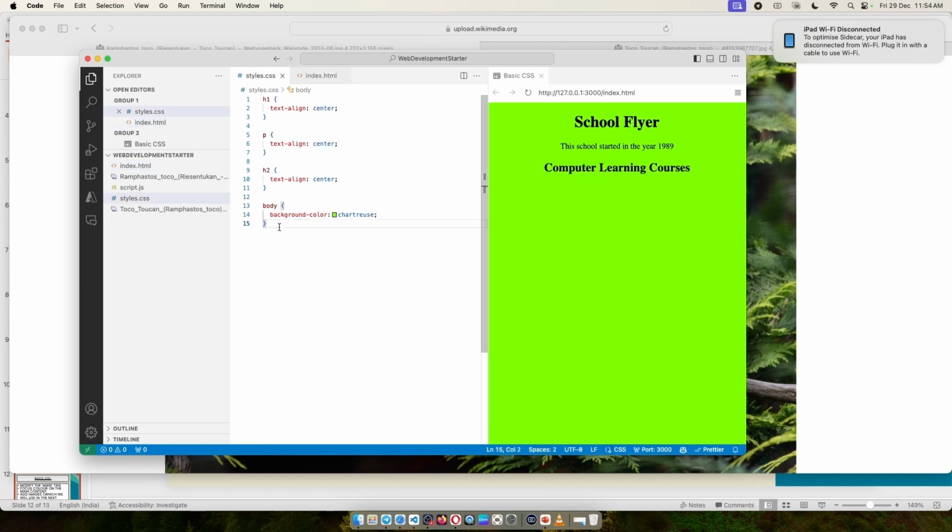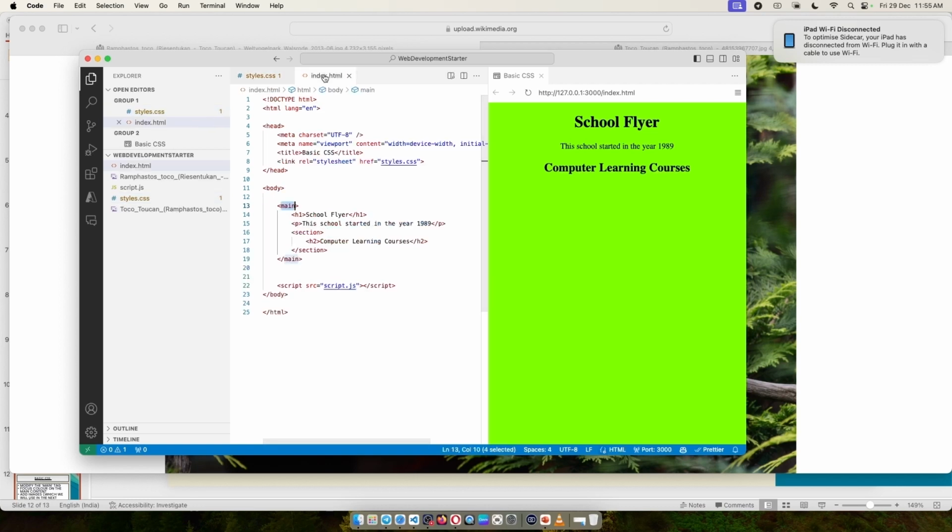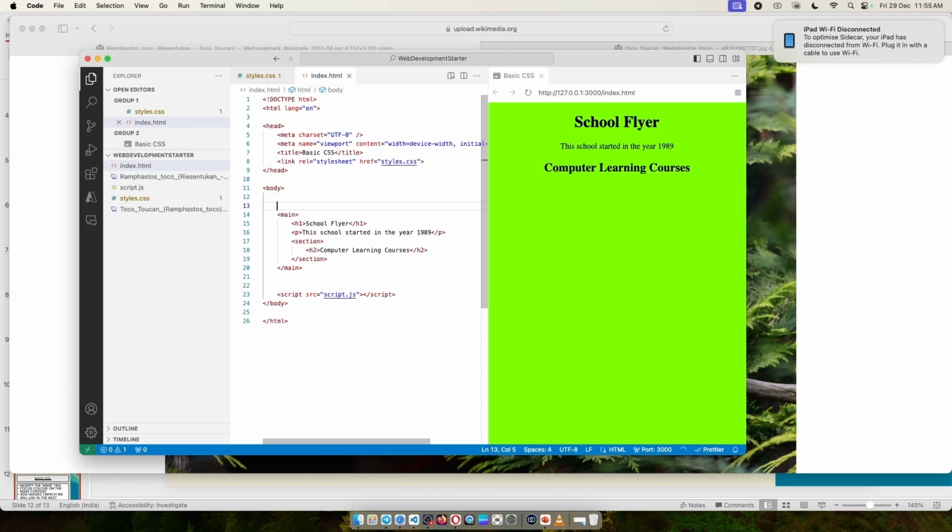Okay, so what I'll do is go here. Selecting a tag is easy. All you have to do is just say main, and that is one easy way to select the main tag. However, there is something else we can do here. I just realized that instead of directly manipulating the main tag, I am going to put this main tag inside a div. Okay, let's go ahead and put this main tag inside the div. I want to align the code correctly.